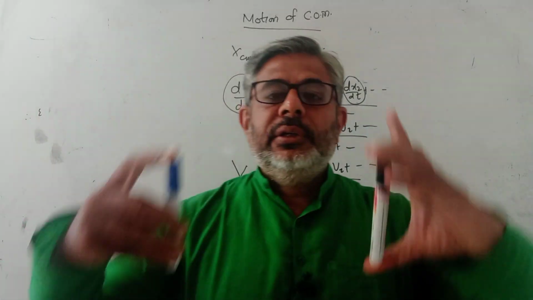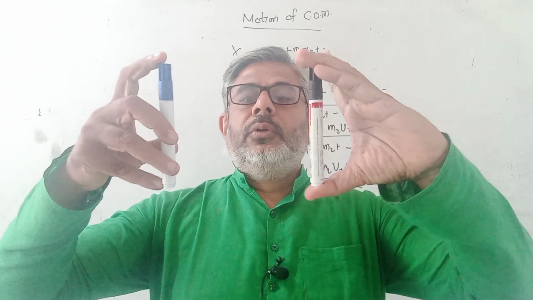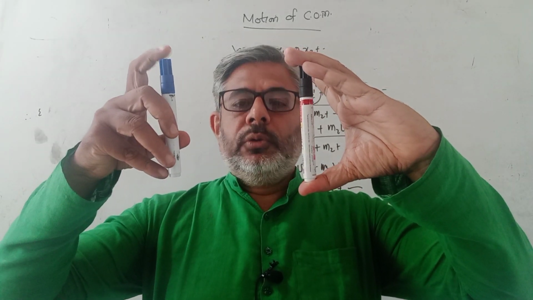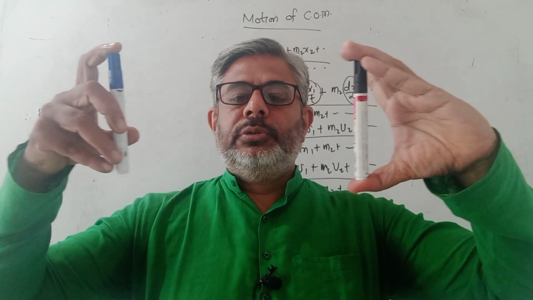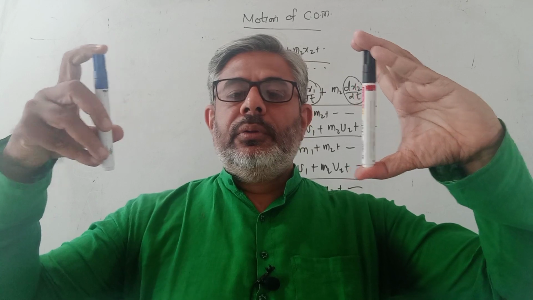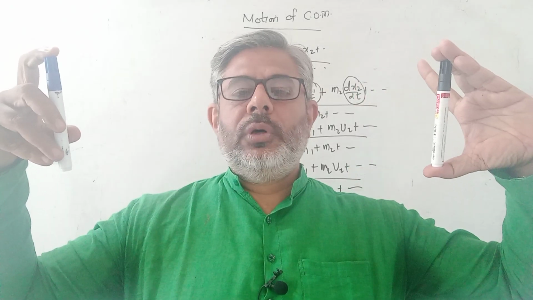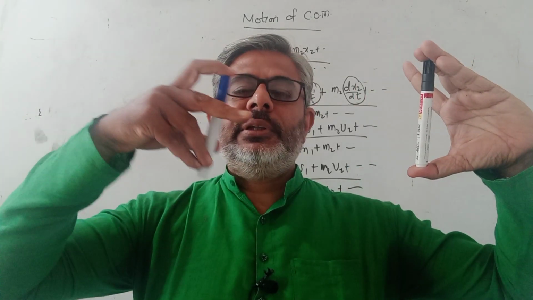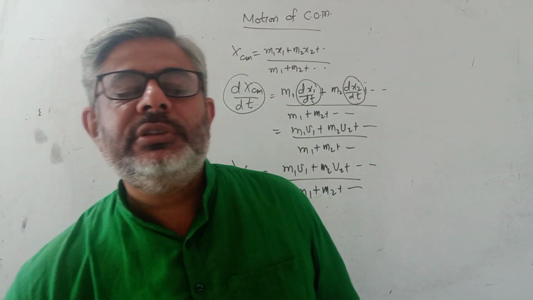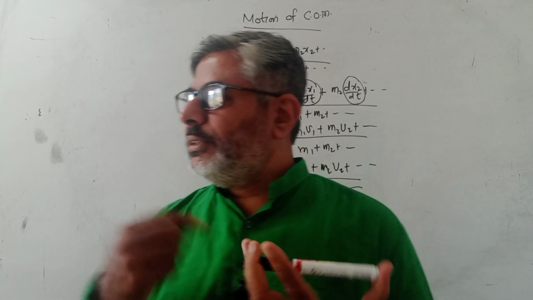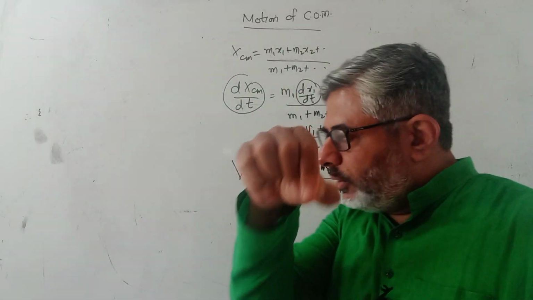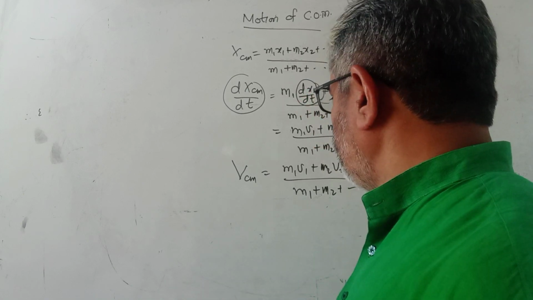Just look at this. These two pens are moving. Now these two are equal masses. Their center of mass is in the middle. Now they are moving with equal velocities. Now suppose they are here. The center of mass is again at the middle. Now they are here. They will go out of my camera after some time. Again the center of mass is here. Is the center of mass changing? No, center of mass is obviously not changing. Just the masses individually are moving, but their center of mass is fixed. So the velocity of center of mass is 0.